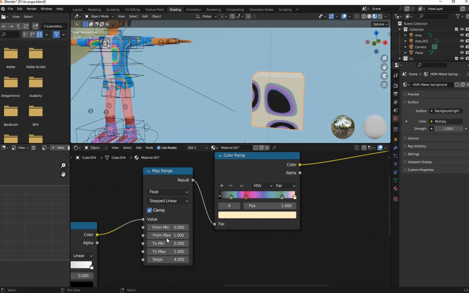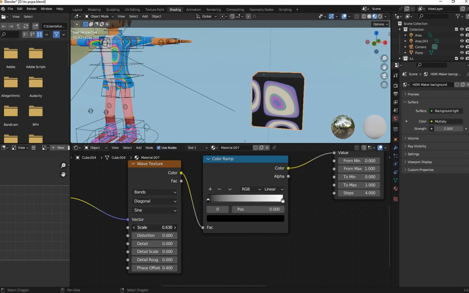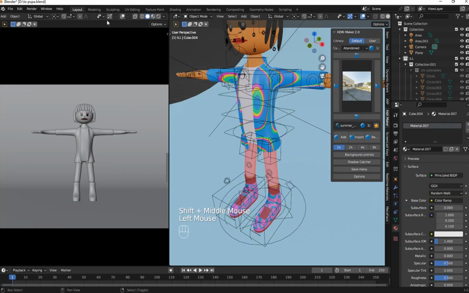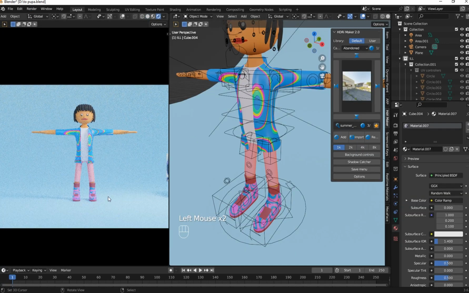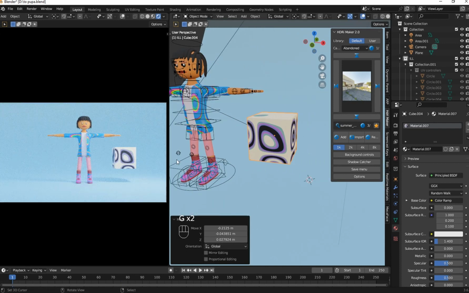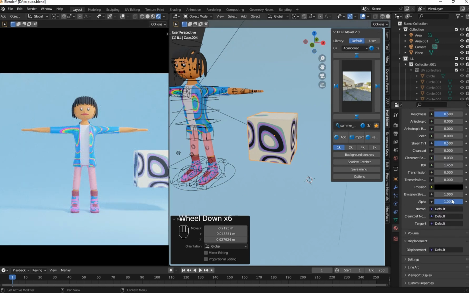See, so this is how I created this material. If you know the material from Decky 3D, this is where I learned that material from. So you can purchase those materials. There's a lot of materials in there you can use. So now I have this nice material here. You have a lot of collection